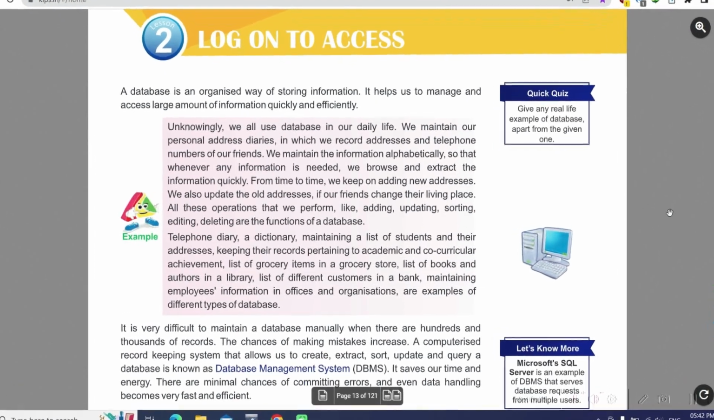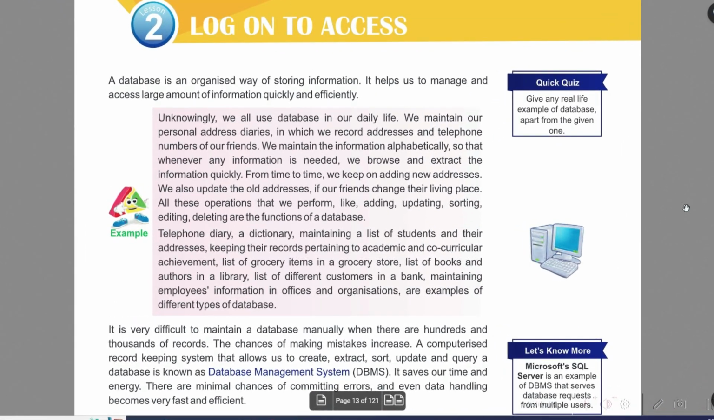In today's lesson, we will talk about MS Access. MS stands for Microsoft Access. So, Microsoft Access is a database management system. So, before getting into the DBMS or the database management system, I just want to introduce you to